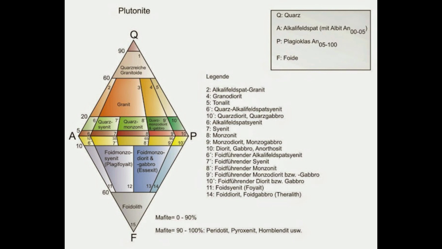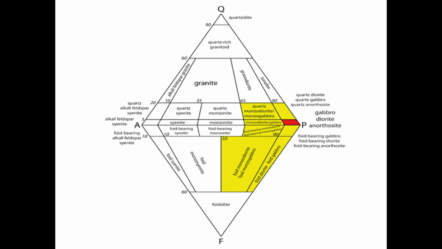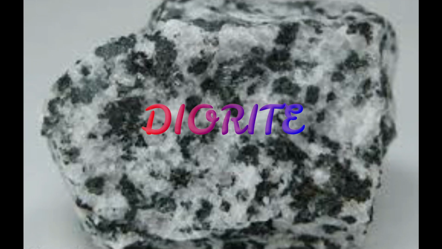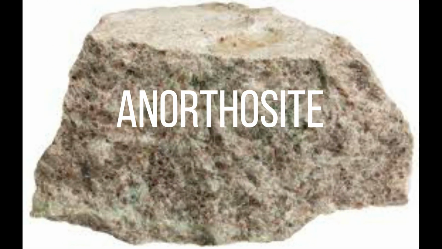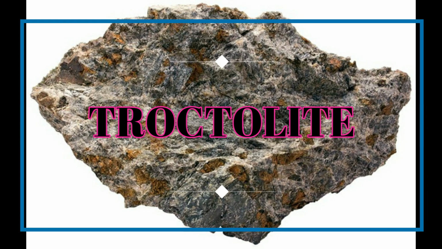It is used for the nomenclature of igneous rocks, where Q stands for quartz, A stands for alkali feldspar, P stands for plagioclase feldspar, and F stands for feldspathoid, the third group of minerals. Depending upon the relative abundance of these minerals, a rock is given its name. Now, if we look at the diagram, everything looks so clean and neat, except that box near P. These rocks are called gabbroic rocks. They are mainly plutonic. The rocks included in this group are diorite, gabbro, anorthosite, norite, troctolite, etc.